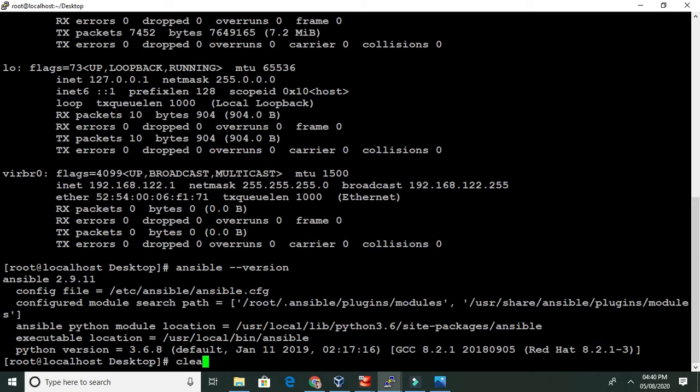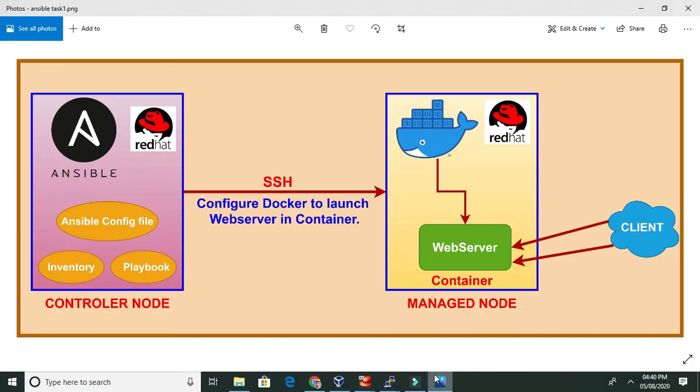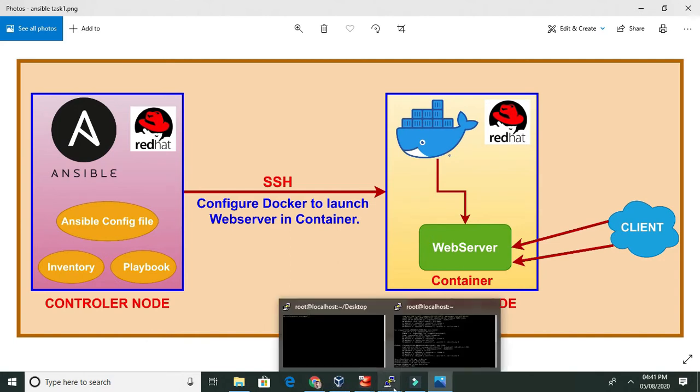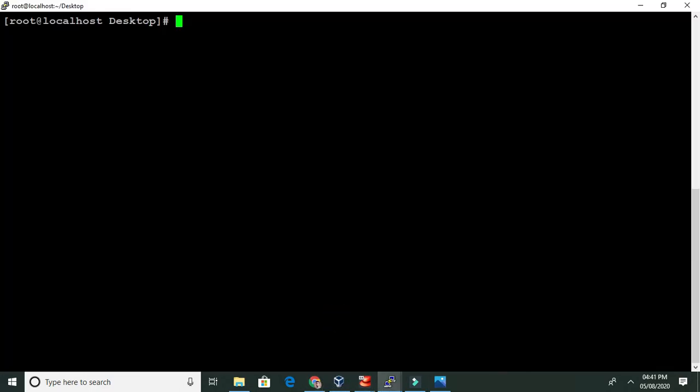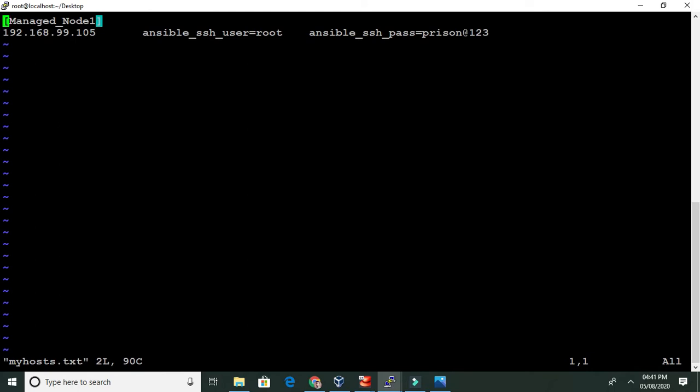I'm back in the controller node where Ansible is running, and we will go step by step. First I will show you the inventory, in which I have given the details of this managed node: IP, username and password. This one is our inventory.